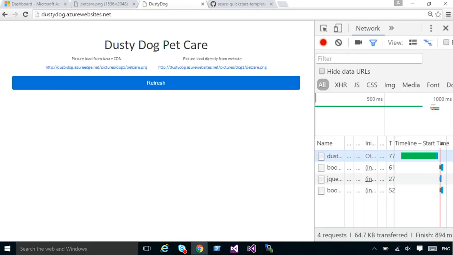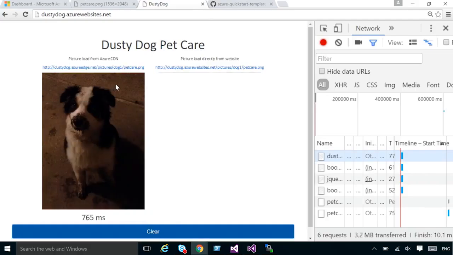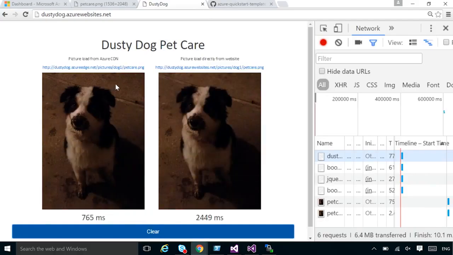using the website versus CDN. So if I refresh the content, you can see from the left side, Azure CDN takes only 700 milliseconds to load the image. And if you load the image directly from the website, it takes about 2,000 milliseconds. So this is a file of about 3 meg, but think of the scenario where you have a large file or you have dozens or hundreds of objects in your website, adding together, it will make a significant difference after using Azure CDN. So this is just a small taste for you to see the demo of the benefit of using Azure